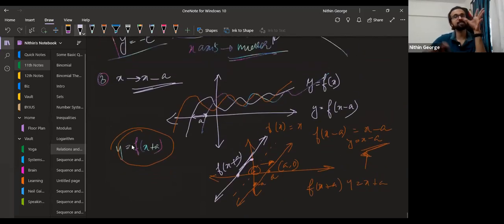Alright, so remember this, guys, this is very important. That's why I'm reiterating. X becomes x minus a, you're moving forward if a is positive. X becomes x plus a, you're moving backwards. If a is negative, what happens if you do x becoming x minus a? I'm trying to confuse you guys so that your concepts are solid now.